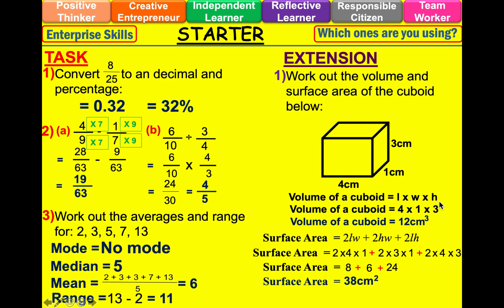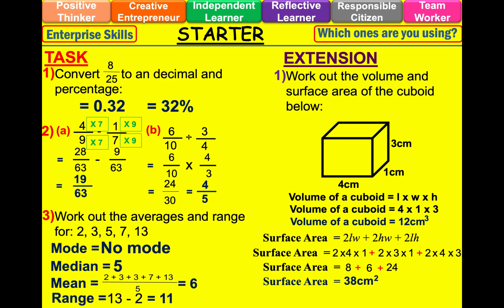Volume is length times width times height. So 4 times 1 times 3. Pretty easy. Remember the units, it'll become centimeter cube. Surface area is slightly tricky. There's a formula: 2 times length times width plus 2 times height plus width plus 2 times length plus height, which you can apply